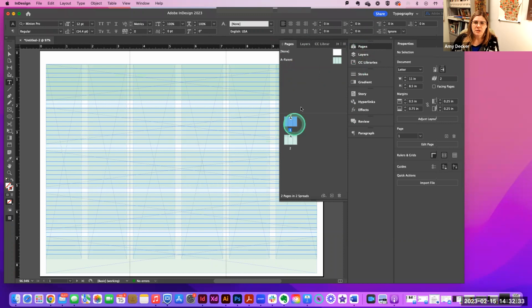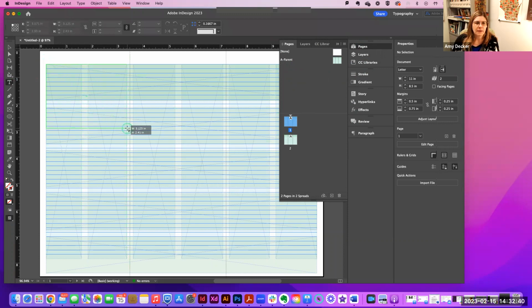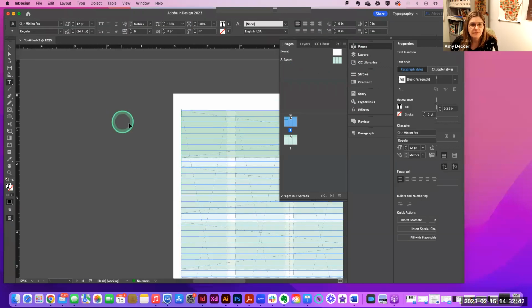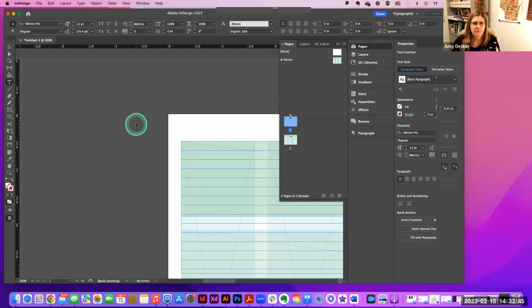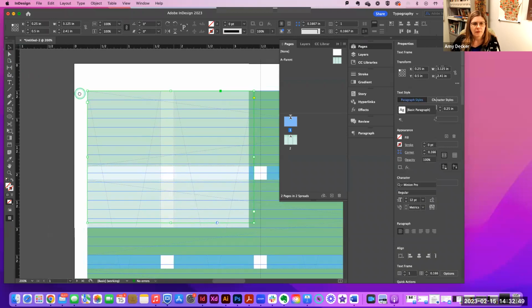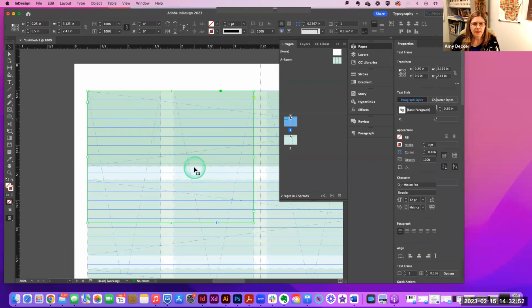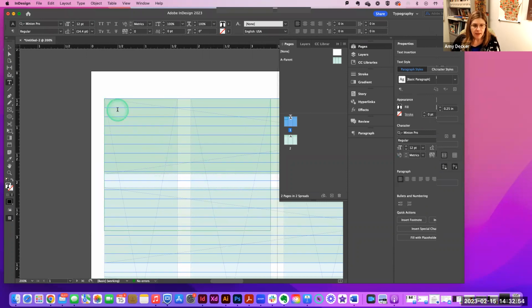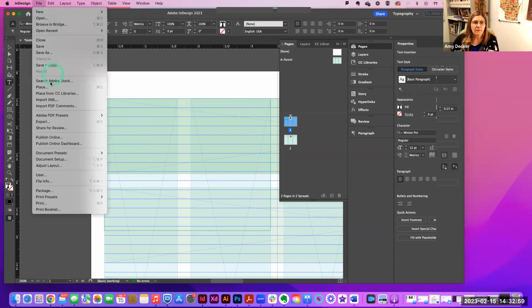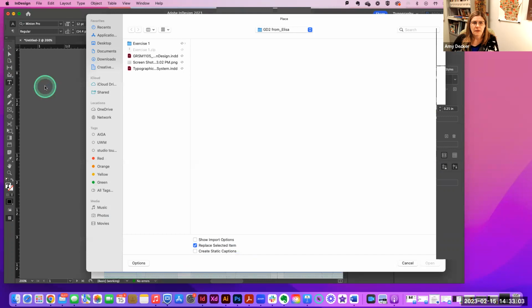All right, so I'm going to go to pages. I'm on page 1. I'm going to grab my type tool, and I'm just going to make a type box. Okay, here's my type box. And I want to bring in my copy. I'm going to go to File, Place, and I'm going to go into